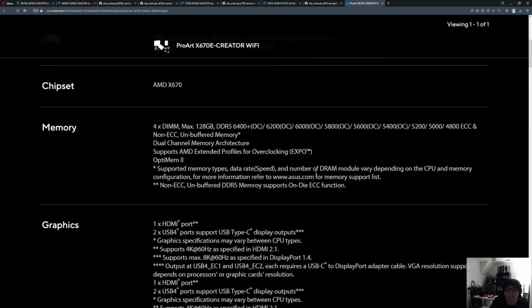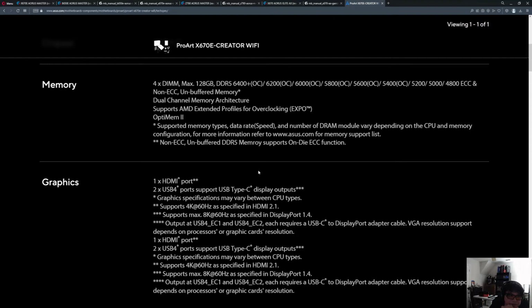It's weird, because I think EXPO and XMP can be a nightmare for memory manufacturers like G.Skill, Corsair, Kingston, etc., because if someone can't get their 6000 megahertz RAM to run stable on their shiny new ProArt Creator, they try to do an RMA with G.Skill or Corsair thinking their RAM is defective, when in reality it's because their AMD CPU can't handle it on that motherboard, or some combination of the 2 or 3 things isn't working, because it's all considered an overclock. So anyway, let's